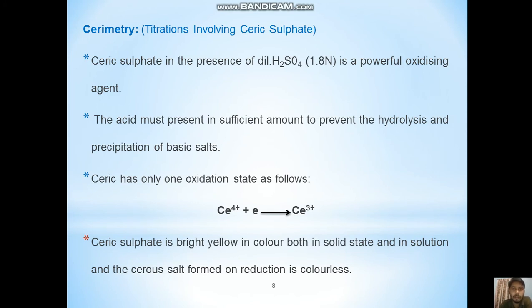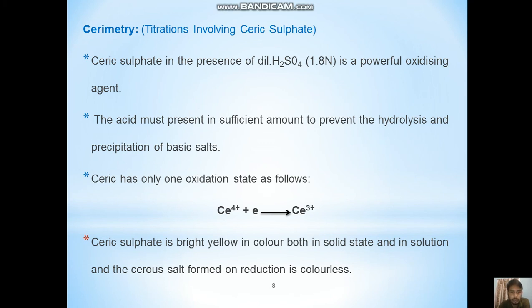And cerimetry is the titration involving ceric sulfate. Ceric sulfate in the presence of dilute sulfuric acid of 1.8 normal is a powerful oxidizing agent, and the acid must be present in sufficient amount to prevent the hydrolysis and the precipitation of basic salts. And ceric has only one oxidation state as follows. You can see here this oxidation state in the reaction, and the ceric sulfate is bright yellow in color both